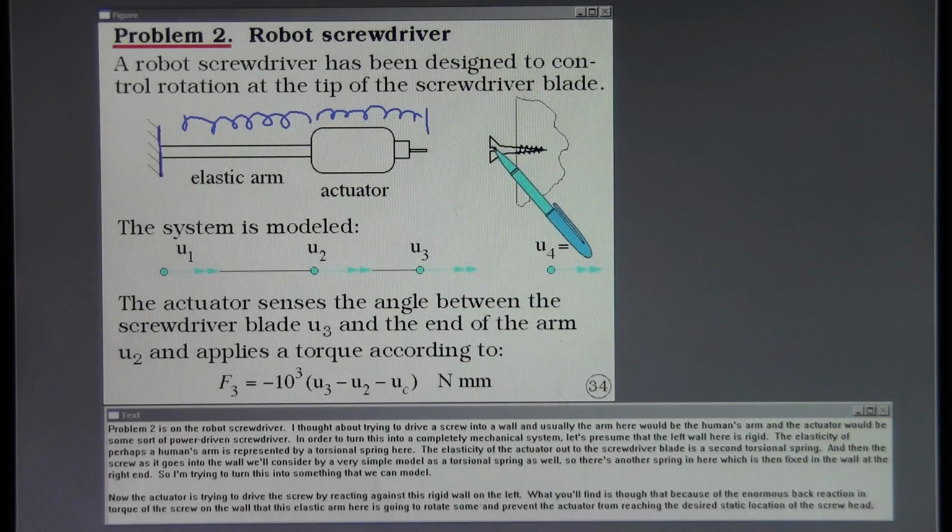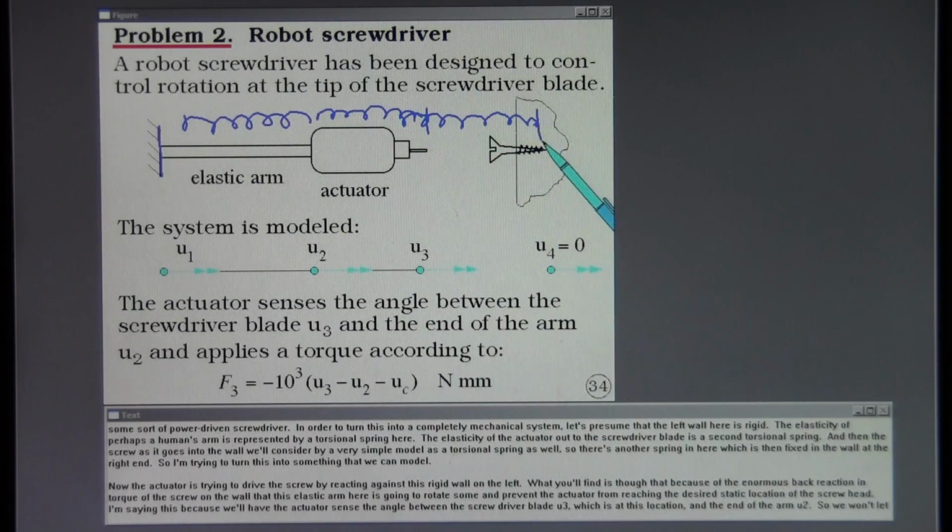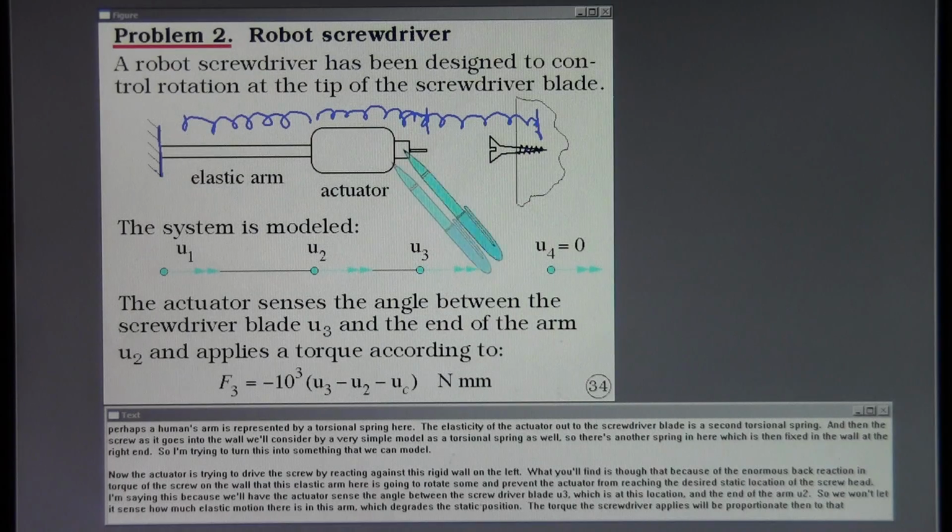And then the screw, as it goes into the wall, we'll consider by a very simple model as a torsional spring as well. So there's another spring in here, which is then fixed in the wall at the right end. So I'm trying to turn this into something that we can model. Now the actuator is trying to drive the screw by reacting against this rigid wall on the left. What you'll find is, though, that because of the enormous back reaction and torque of the screw on the wall, that this elastic arm here is going to rotate some and prevent the actuator from reaching the desired static location